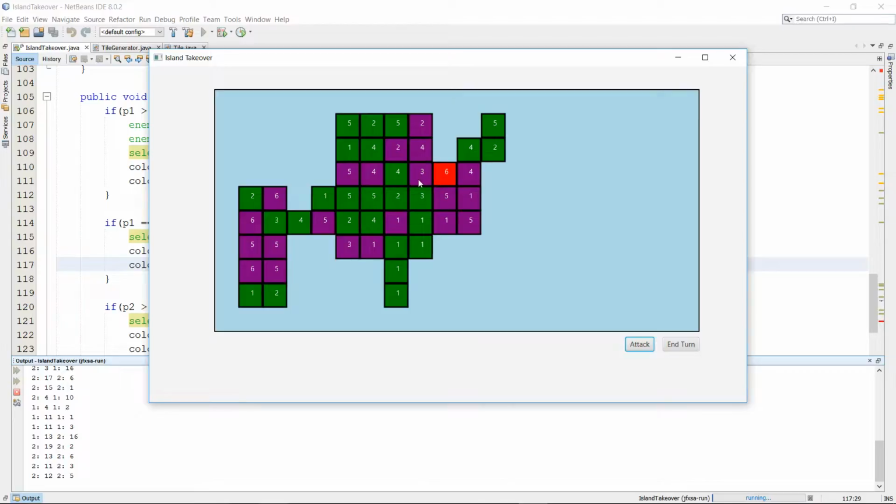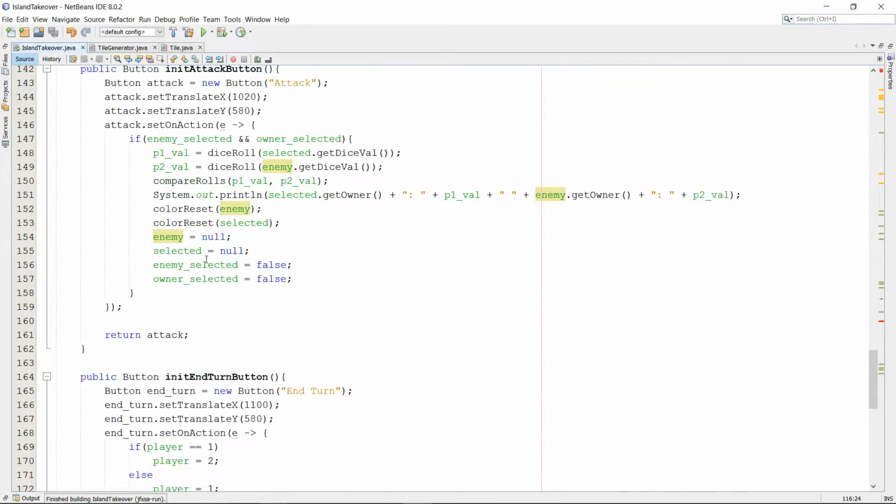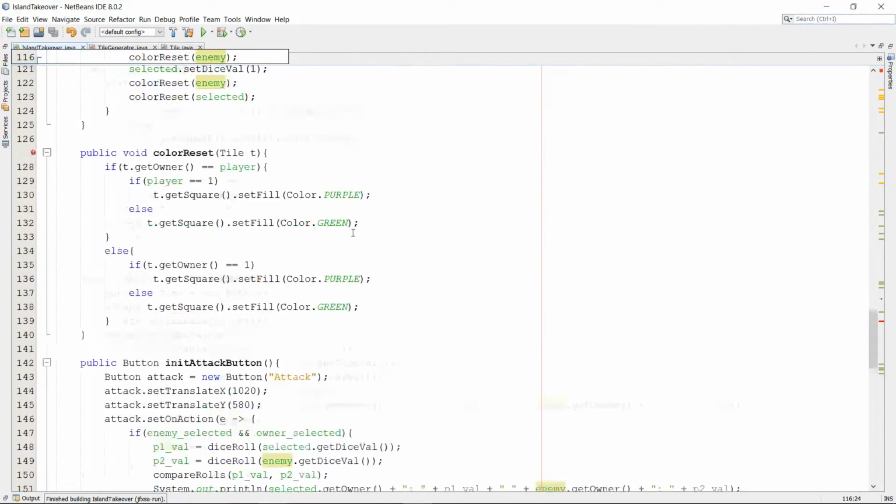So we can go like that, and that still resets the colors fine. Go like that. End turn. We can go like that. I think it swaps between players fine. So we also want to have maybe a little display in the corner that just says, hey, this is the player right now. So let's actually add a